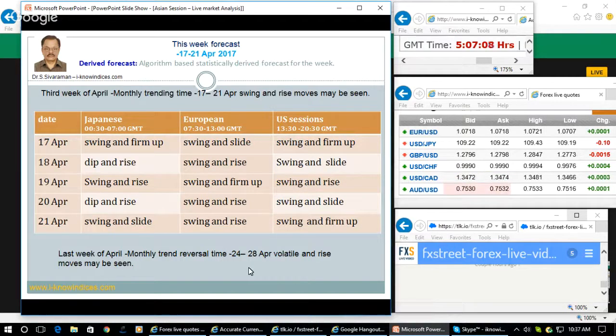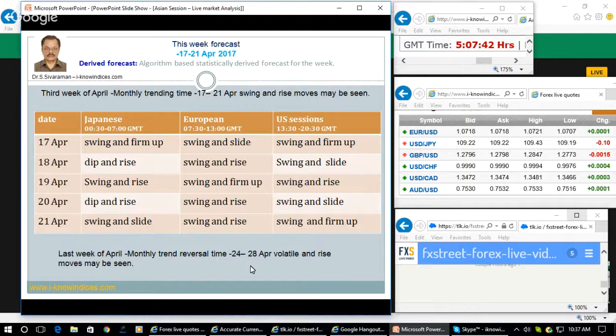monthly trend reversal time. After that, in the month of May, first week again they will make either way stop loss as the monthly trend reversal move. Then followed by that, they will make one-sided upward gain in the market. So follow the timings of the market, which you will not be able to get from the chart or any other analysis. Only by reading the intentions of the players will you be able to identify that, and then try to do the position trade in the month of May.